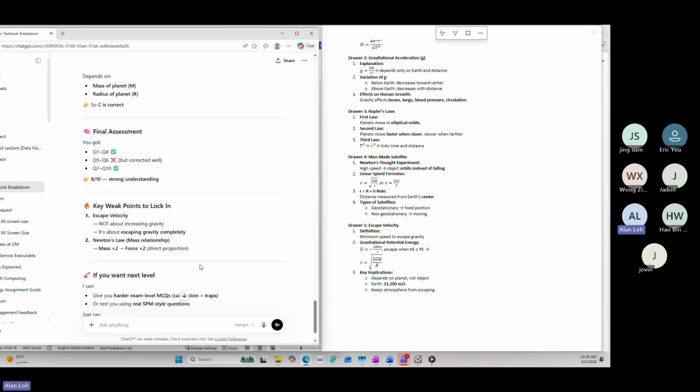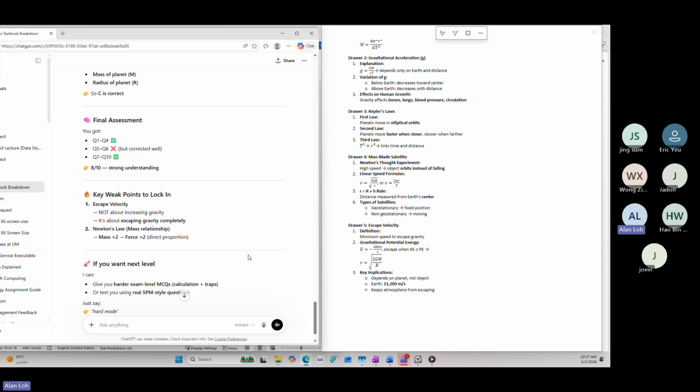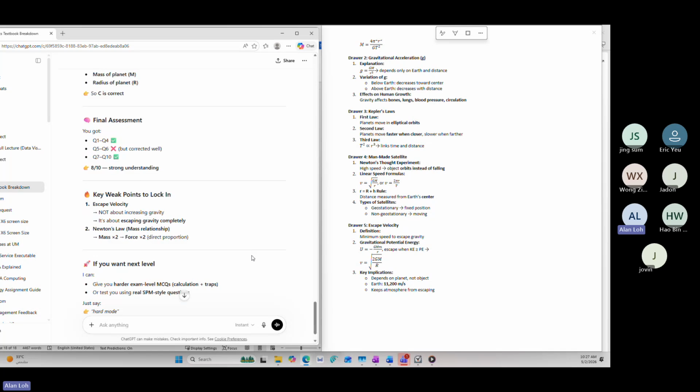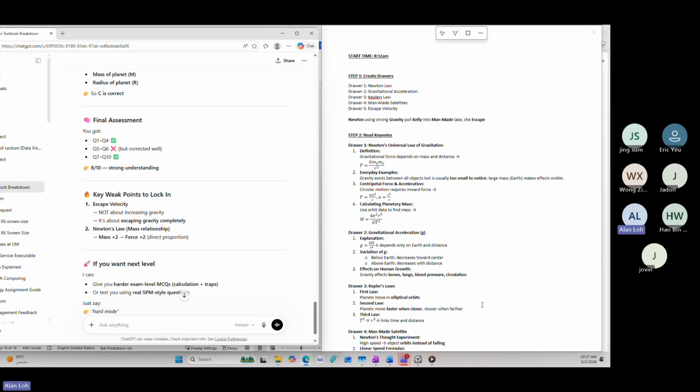Excellent. So overall, I think some got 10 out of 10, some got 9. Most of you got 9. So that tells us what? At least for these very fundamental MCQ questions, most of you got 9 out of 10. Even 8 out of 10 is considered a good result, because what time did we start? 8:32. Now it's not even 10:32, it's less than 2 hours. In less than 2 hours, all of you are now able to understand what this chapter is about.